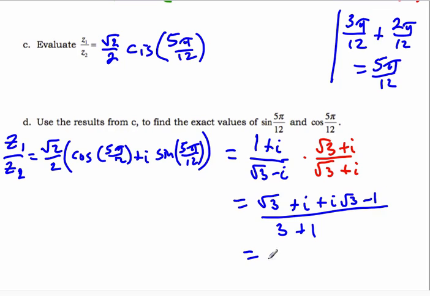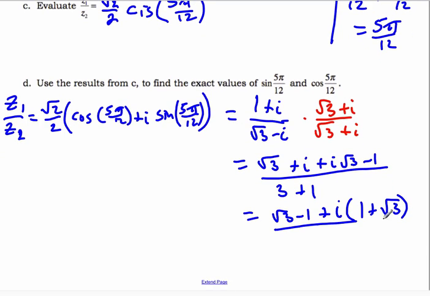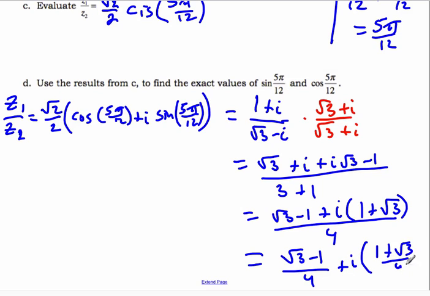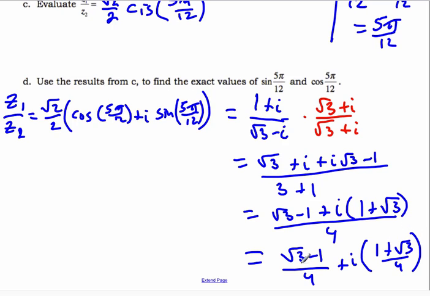And let's collect the real parts. Root 3 minus 1 plus i times 1 plus root 3 all over 4. And let me rewrite this in standard form, maybe it's called, where we separate the real and the imaginary part, and we have this. Okay, so we have the real part and the imaginary part, and over here we have a real part and an imaginary part. So by equating